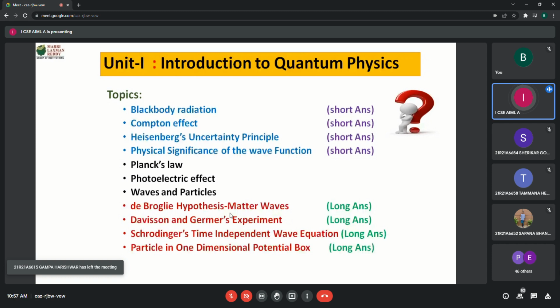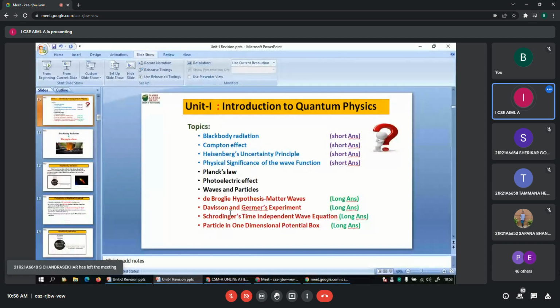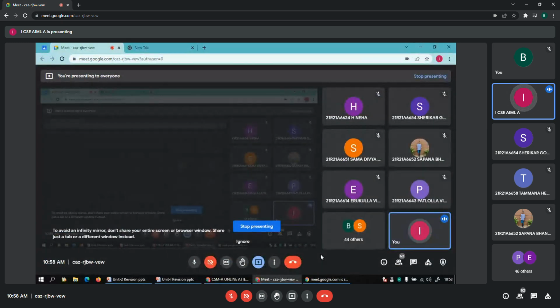Only thing is, if your preparation is pending, I will leave unit 1. It's up to you, you have to decide. One or two students, please speak out, so that I know whether I have to go to the second unit, or whether you have any doubts here that I should clarify. Anything you want to ask, you can ask your doubts. Okay, so this is about unit 1. Let me close this unit 1. Nobody is speaking out, which means everything is clear. Okay, now let me move to unit 2.